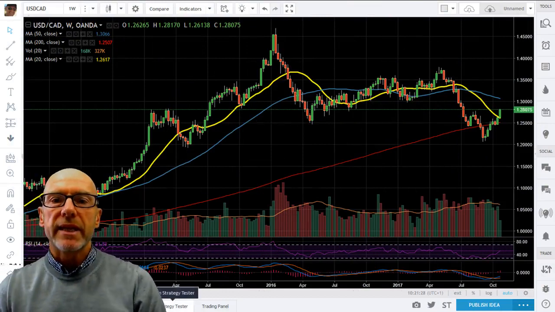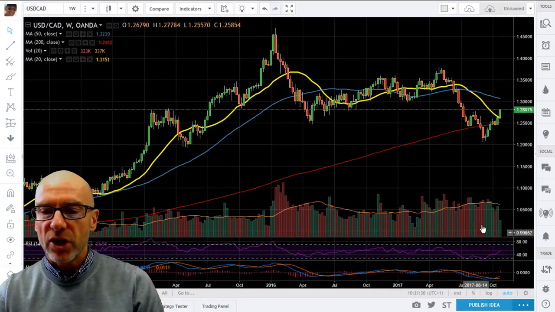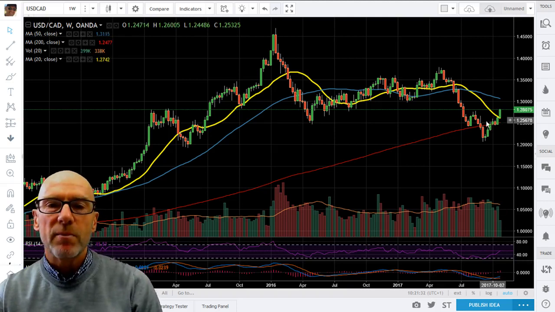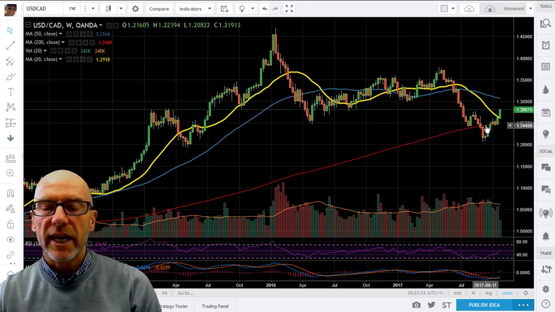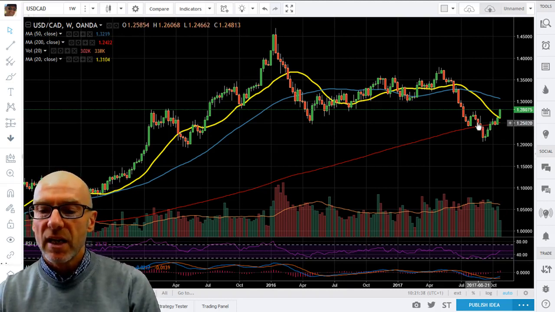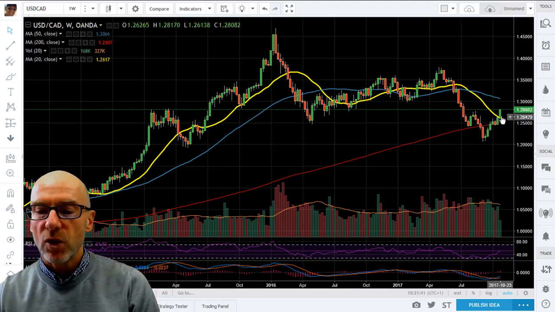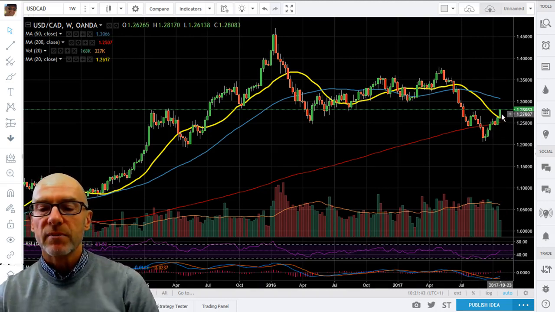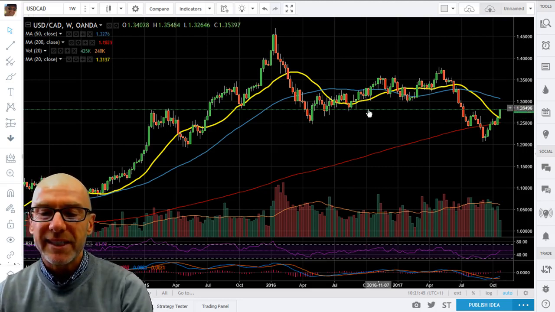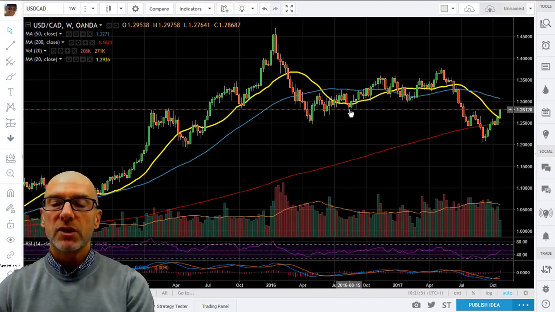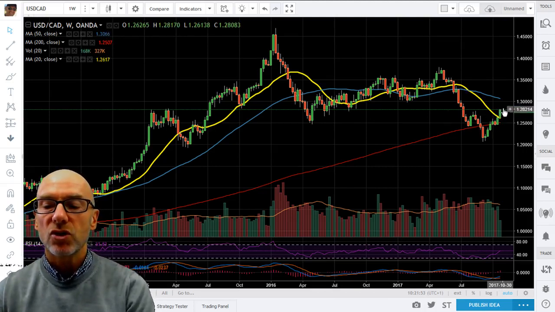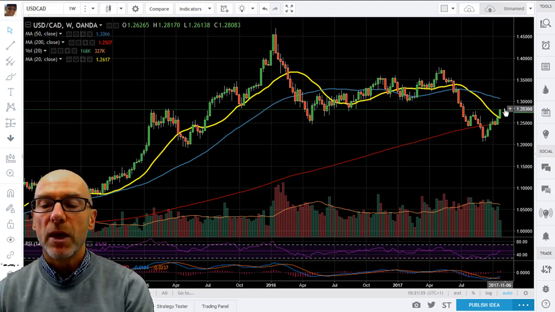So here we're looking at the weekly picture, and you can just about make out the head and shoulders on here, although it is clearer when we go into the daily on the next slide. But the left shoulder, right shoulder, and we've broken to the upside. You can see that we're hitting a bit of resistance here. These are from the lows that we had in August. So it'd be no surprise if we had a little consolidation here,